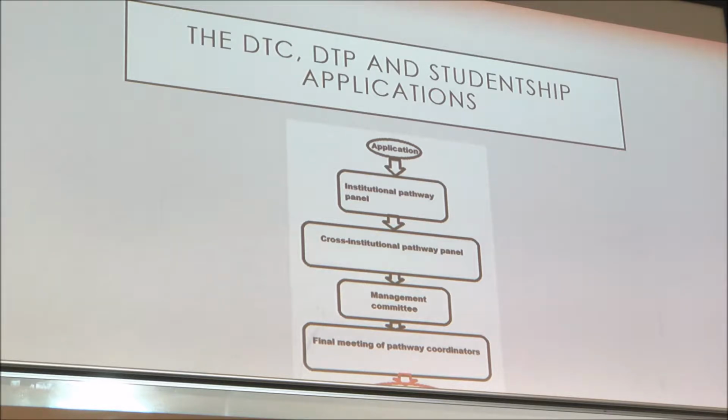And once applications are made to a specific pathway, things called pathway panels or institutional pathway panels, made up of academic support and academics, will look at the applications, select several of them, and then pass them up to the cross-institutional pathway panels, which are made up of pathway coordinators and people from across the different universities. These applications are then commented on, and those that are carried forward are passed on to a management committee, who again rescore the applications and provide comments. Then there's a large meeting of pathway coordinators at the end, and they all decide on which applications to award the money to. And then you hear about it and